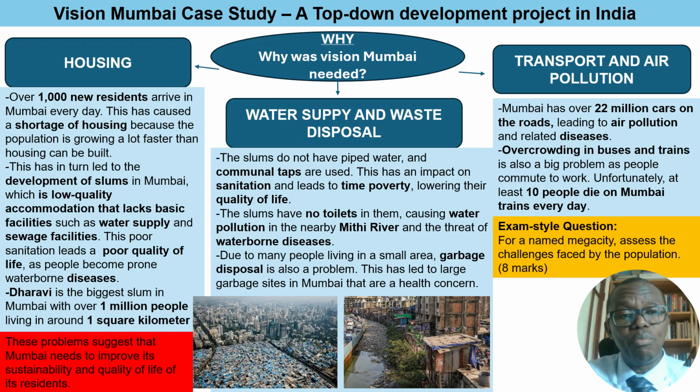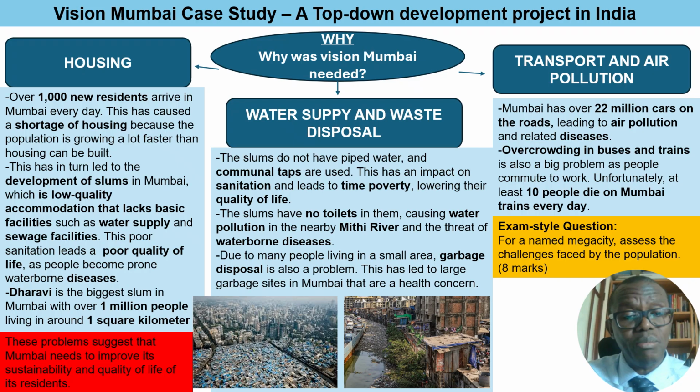So when they move to Mumbai, it puts a strain on the housing already in the city. The population is actually growing a lot faster than houses can be built. And because these people come into Mumbai and sometimes may not get a job straight away, or may really struggle to get a job, they may end up not being able to pay their way through living in Mumbai. So they may not have money for a place to live. Some of them may end up on the street or live in poor accommodation. And actually, that is what has led to the development of slums.